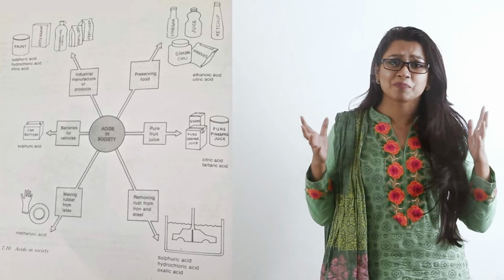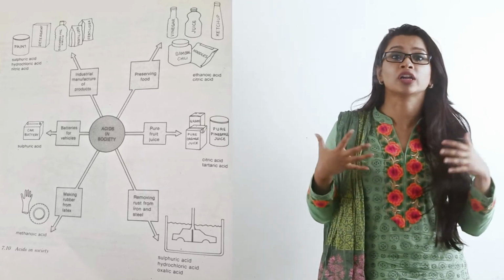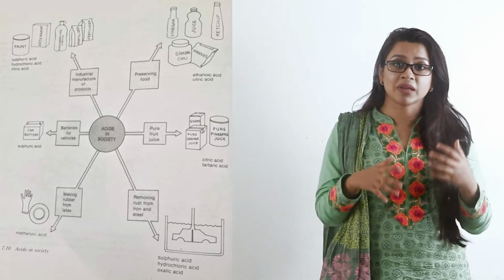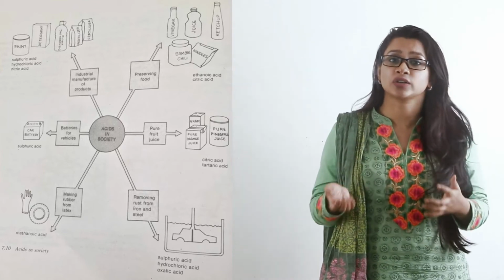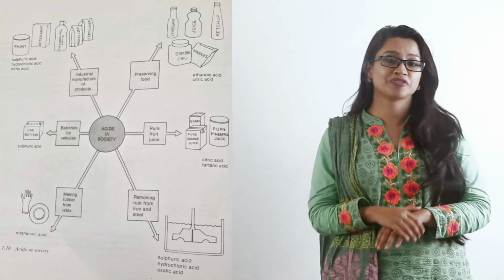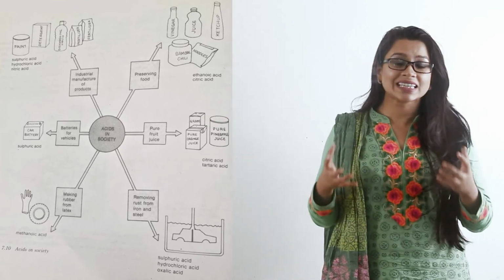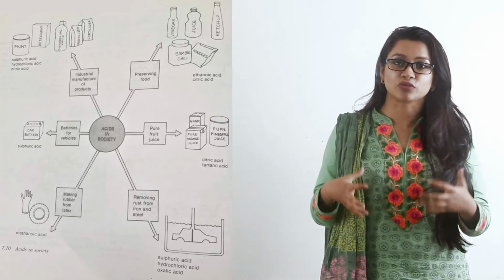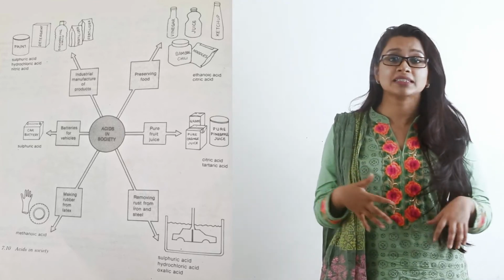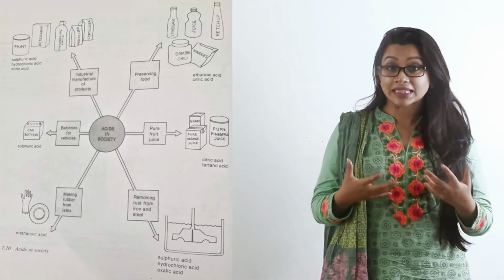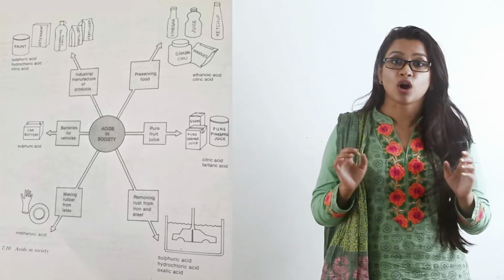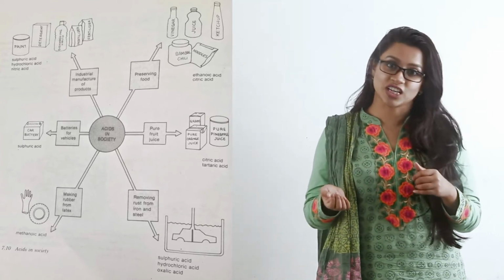Now, rust is a pesky brown formation on the top of a metal object, and it also deteriorates the structure and the smooth finishing of metal objects. Now, this rust can be removed with the help of acid. For example, a rusty knife can be cleaned with the help of a piece of lemon or star fruit.